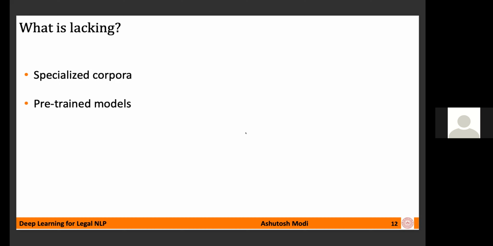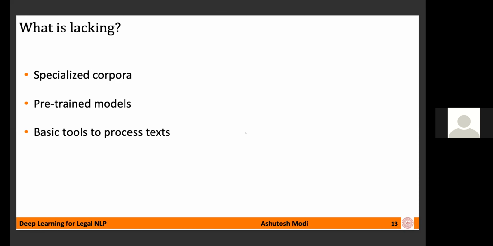Now, secondly, the recent developments in NLP have been possible due to the presence of pre-trained models, which have made transfer learning quite easy and possible. However, the legal domain is yet to have such models, right? Though recently some approaches like legal transformers have been proposed, a lot more needs to be done. Moreover, in our experiments, we have seen that legal transformers do not work well on legal text, due to a variety of reasons that I just mentioned. So some specialized architectures also need to be investigated and developed.